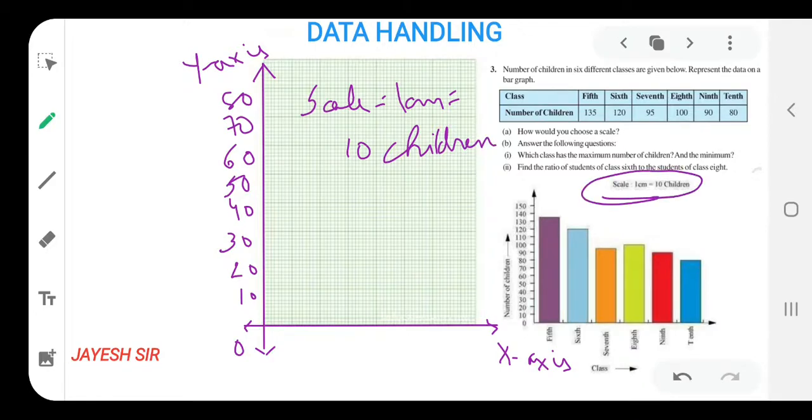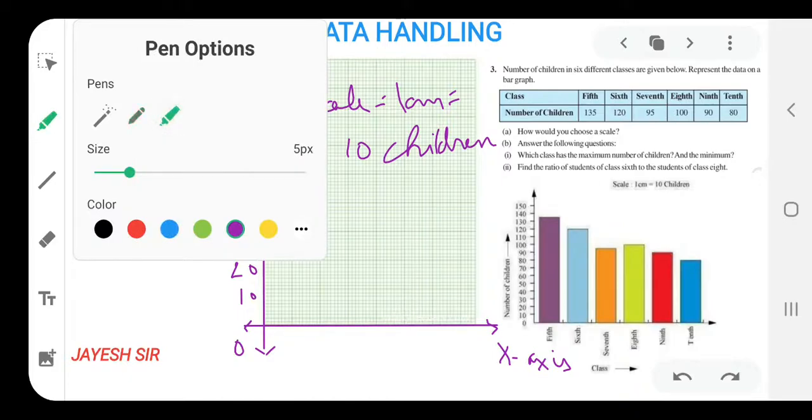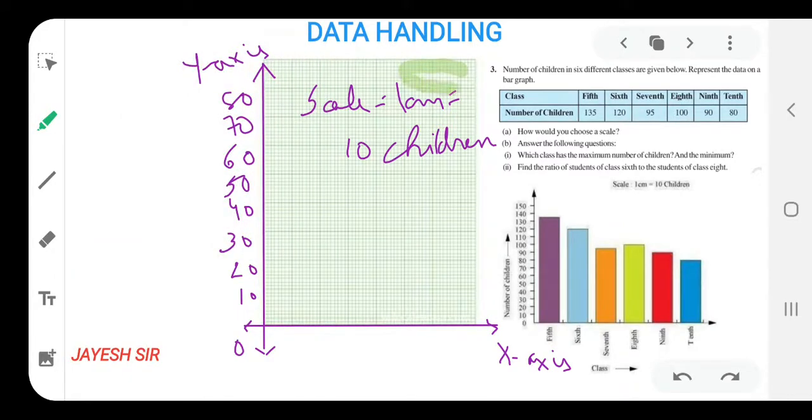As it is written over here, I have written it for your convenience only, that is how to draw and write these things in a bar graph. So you will write the scale in the top right corner. So again I am marking over here so that you can find it easier. You will write the scale in the top right corner of the bar graph. Because of the lack of space I am writing like this. I hope you all might be getting it. So now after doing this we just have to draw the graph, and the bar graph is already drawn.